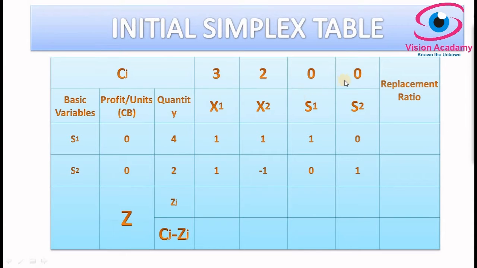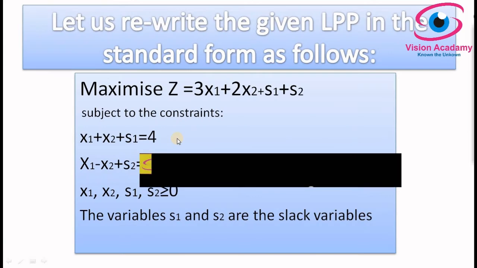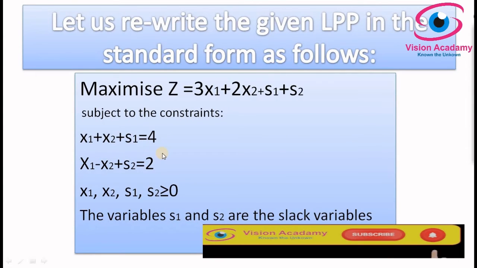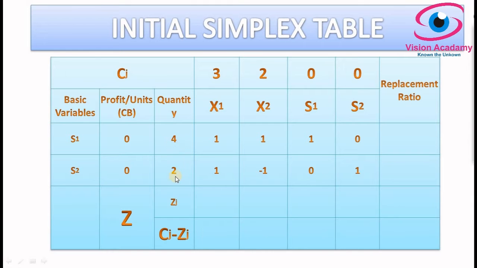The same values have been carried here, and the Cj decision variables here are x1, x2, s1, s2. So the respective values of the decision variables: x1 3, x2 2, s1 0, s2 0. And very importantly, we have to consider basic variables as slack variables firstly. So we have considered the slack variables, and the profit per unit of the basic variables is 0, s1 is 0, and s2 is also 0. And here is the quantity of the right side of the constraints. So look at here, this is the quantity b1, b2, that is 4, 2, first constraint quantity, second constraint quantity.